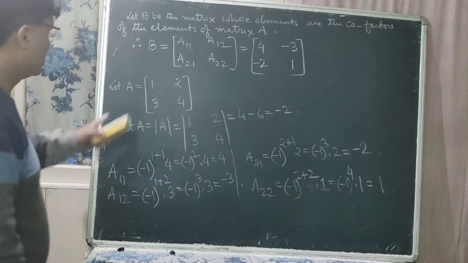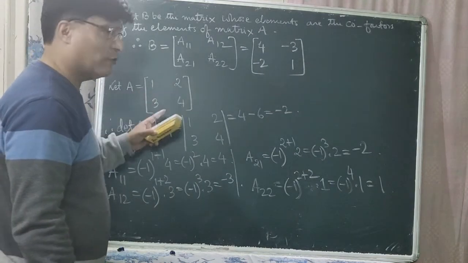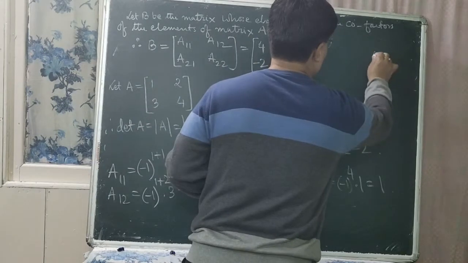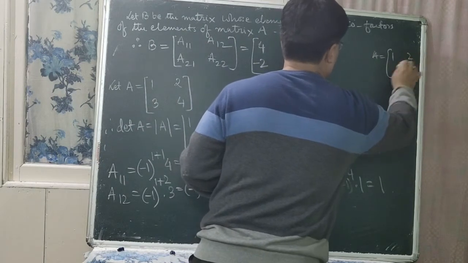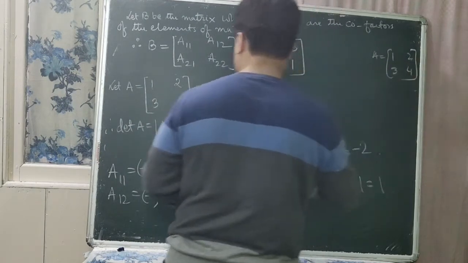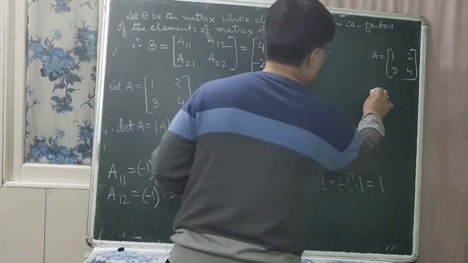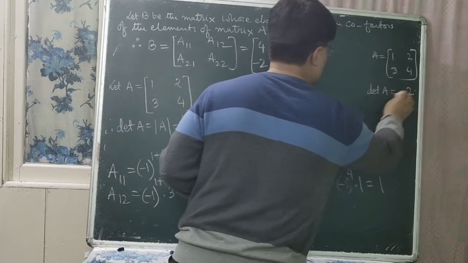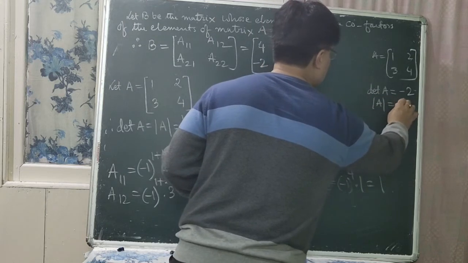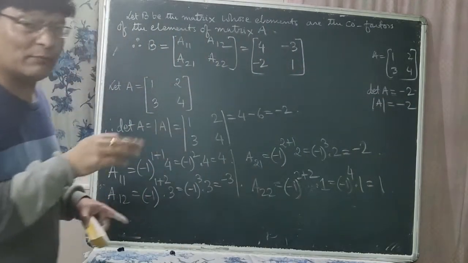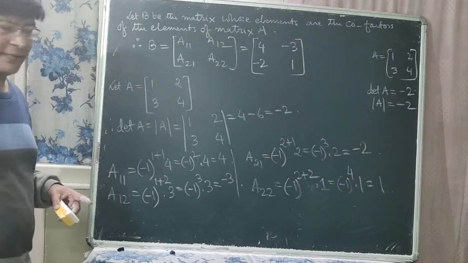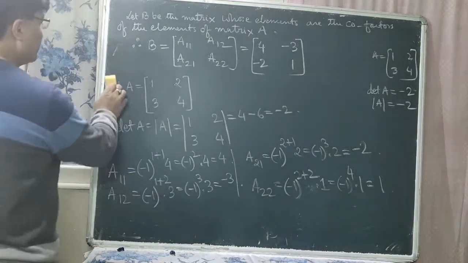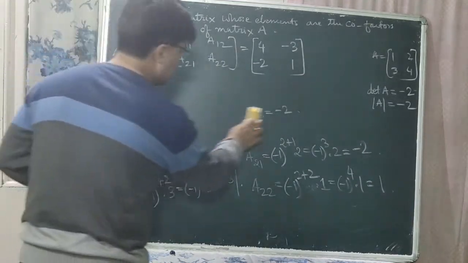Is that clear? So we have taken A equal to 1, 2, 3, 4. And what was det A? Det A, or within mod A, is equal to -2. Within mod A means that is your det A, right? So we got the matrix B. Now next,